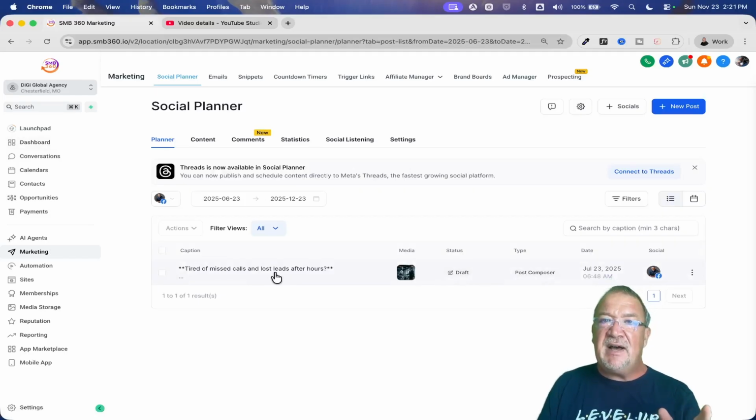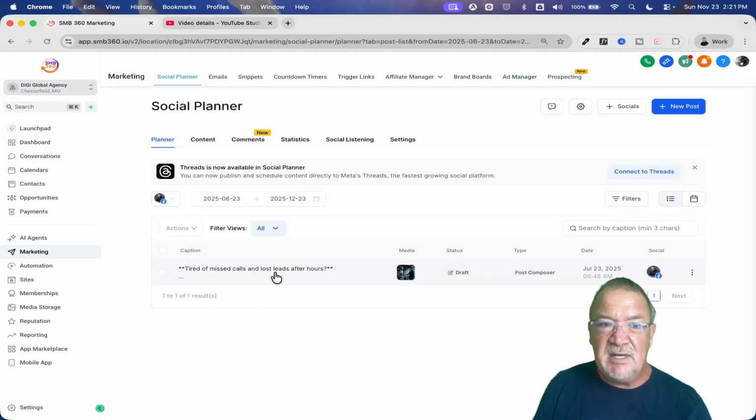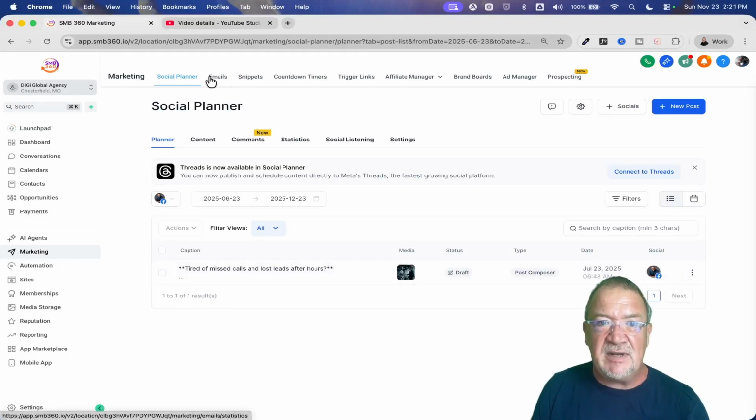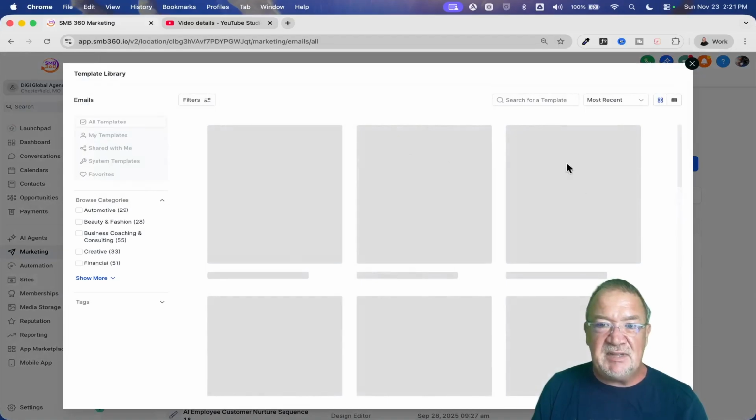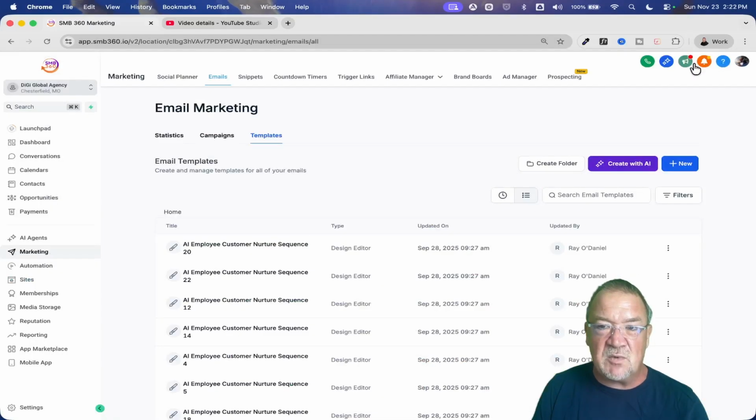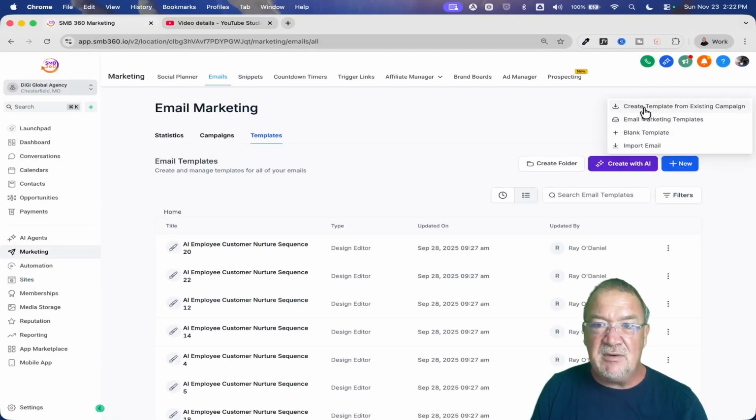Now, inside of HighLevel, there's a couple different ways that you can set up emails. You can come in here under Marketing to the left, go to Emails at the top, and then come over here to Templates. When you come over to Templates, you can create several different templates. You can use some of the templates in the template marketing campaign if those work for you. You can come here and actually use templates from an existing campaign, or you can even start with a blank one